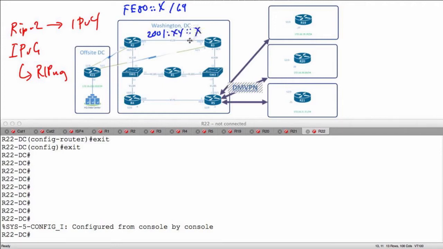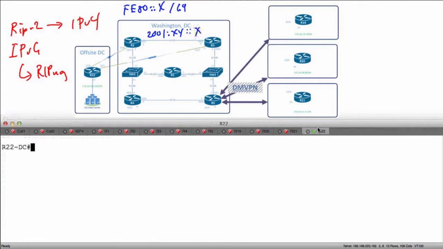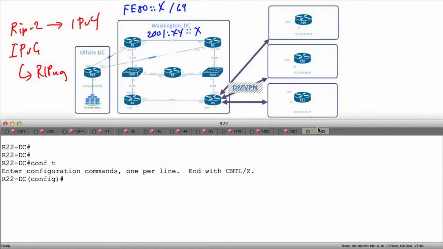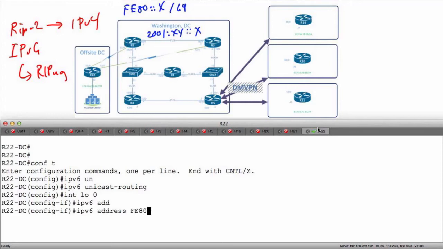So when we look at this, let's go in and do the configurations first on R22. Let's get in here and see what's involved in this process. First of all, we need to enable IPv6 routing. IPv6 unicast-routing turns the process on our router. Now we have three interfaces that I want to contend with. Interface LO0, and I'm going to go ahead and assign my link local address. It's going to be IPv6 address